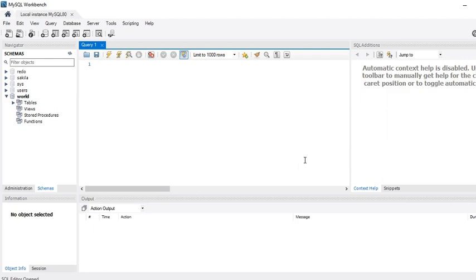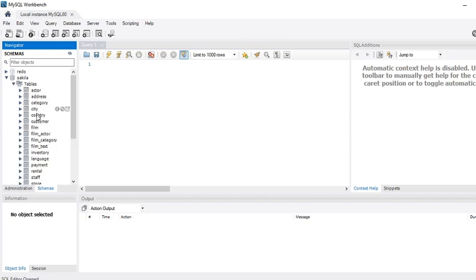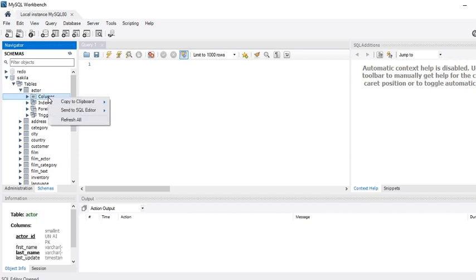It will bring you to this page. This will show you what databases are available inside MySQL. So this is one of the databases. Inside this you can see the tables. There are various tables here. These are sample data already loaded with the MySQL database. So you select this table and you can query this database.